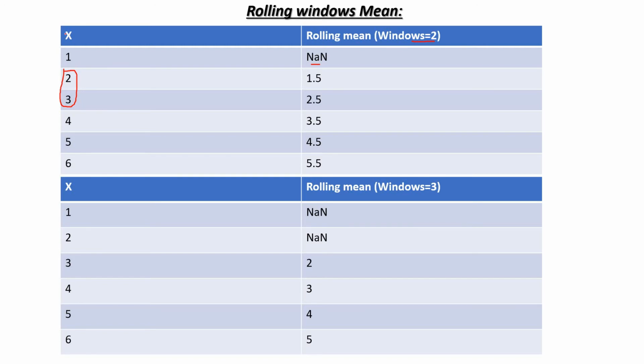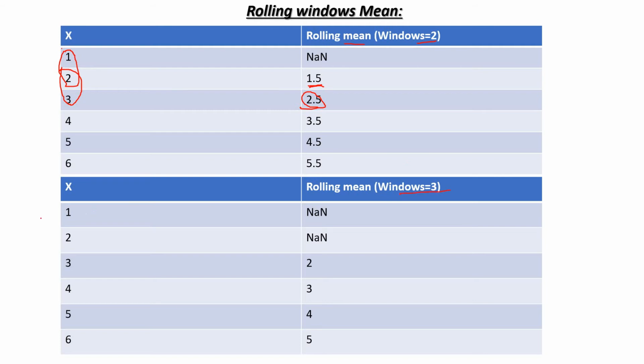So we got the NaN. Now if you want to calculate this element, then sum of these two elements, that is 2 plus 1, 3, 3 divided by 2 is 1.5. We are calculating the mean, right? So next is this one, 3 plus 2 is 5, 5 divided by 2 is 2.5. So like this the rolling mean will work when window equals 2.